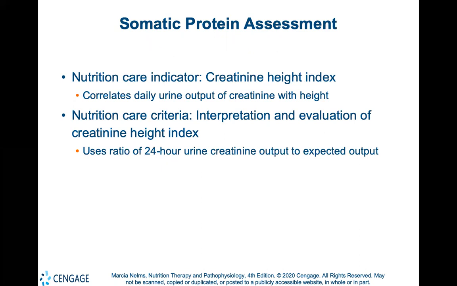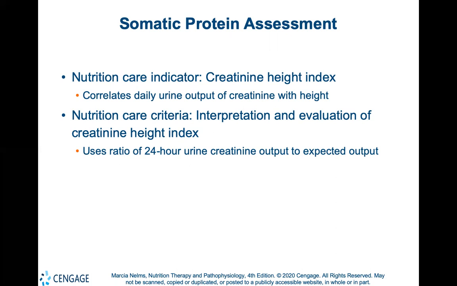CHI, creatinine height index. Creatinine is formed at a constant daily rate from muscle creatine phosphate. Creatine phosphate, which is stored in muscle, provides the phosphate group needed to regenerate adenosine triphosphate during high intensity exercise. For this test, 24-hour urine collection is performed, and the total amount of creatinine excreted in the 24-hour period is compared with either a standard based on height or a standard excretion from a particular reference individual of a specific